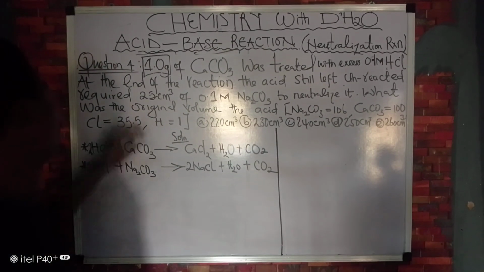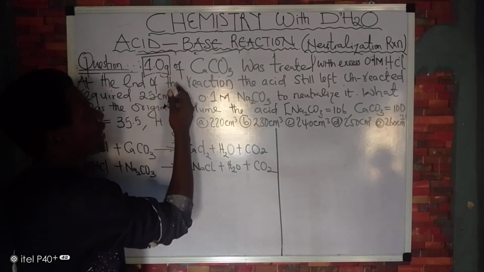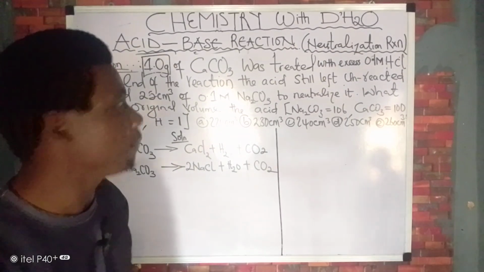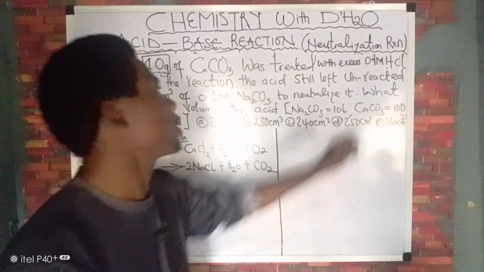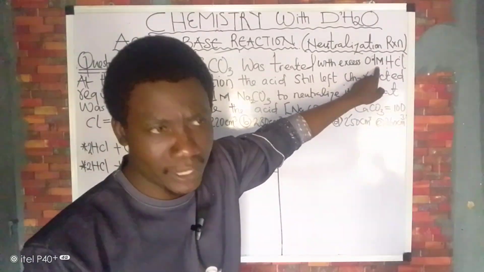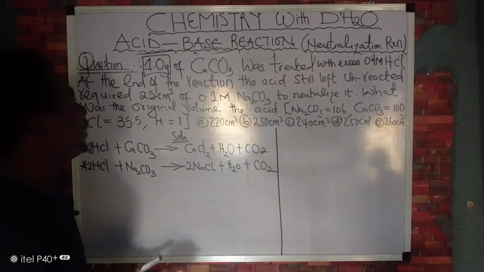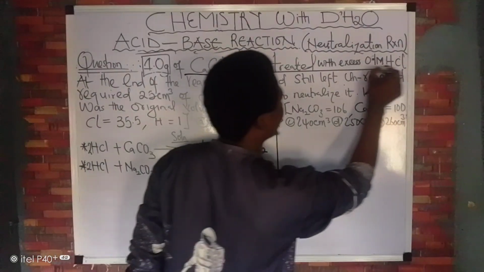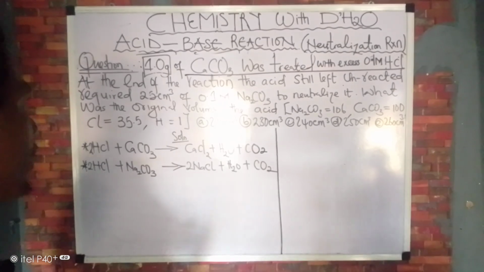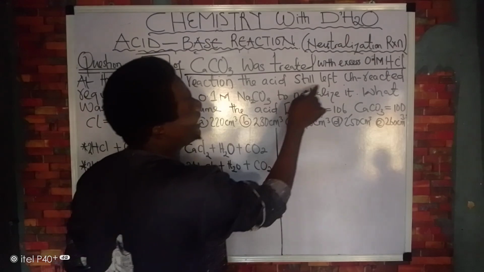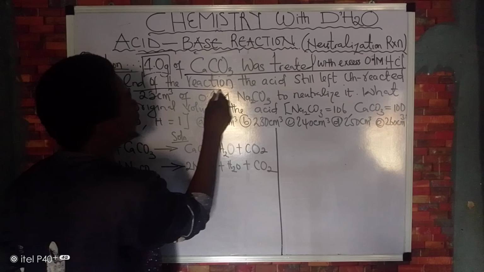Across this question in exam, how will you solve it? The question says 1.0 gram of CaCO3, that's limestone, was reacted with excess 0.1 molarity HCl. At the end of the reaction, listen, CaCO3 reacted with HCl, but the HCl was in excess. So at the end of the reaction, the acid still left unreacted required 25